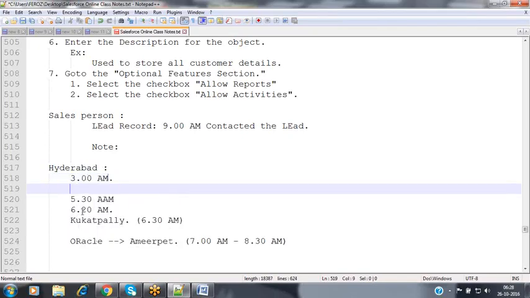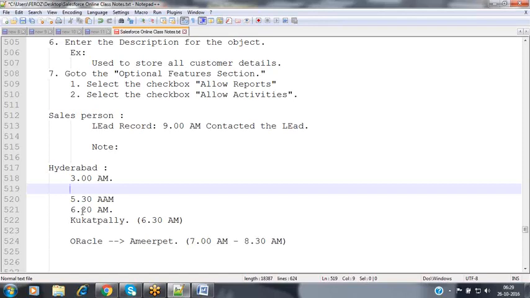Because people won't wake up at the first ringing itself, we set the alarm at 3 o'clock and keep on snoozing, and finally they wake up by 5:30 in the morning, get ready by 6:20, start by 6:30, reach by 7 o'clock, attend the session, and go back. So we put alarms in our mobiles as a reminder that there is a class at 7 o'clock: please wake up, please wake up.